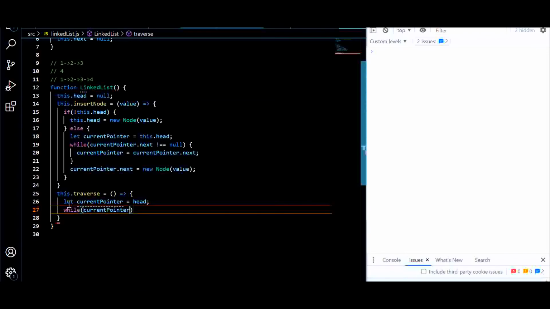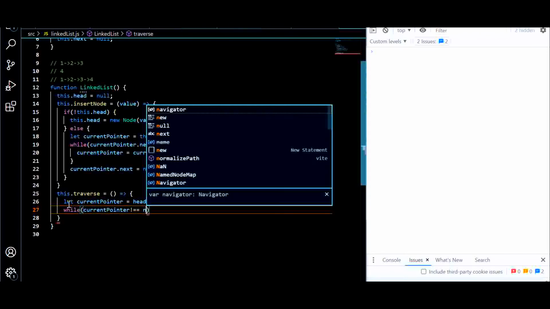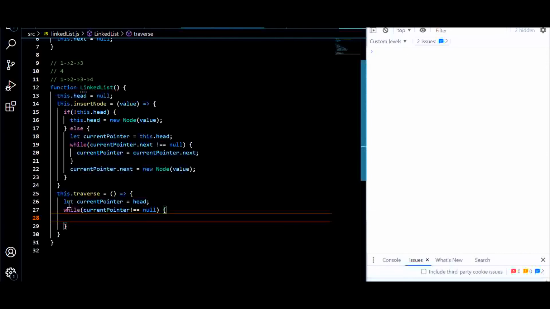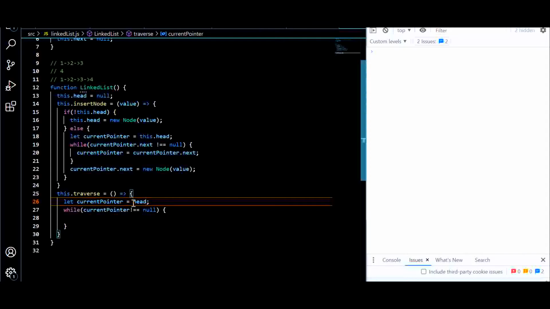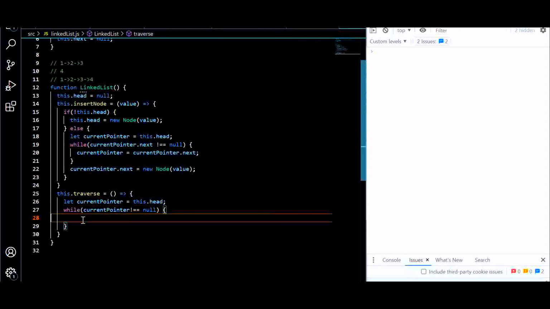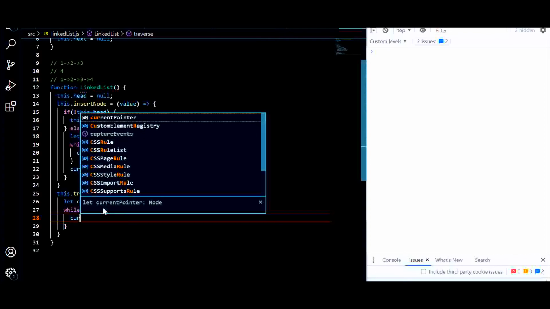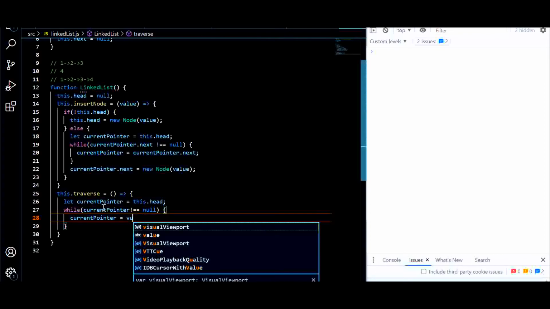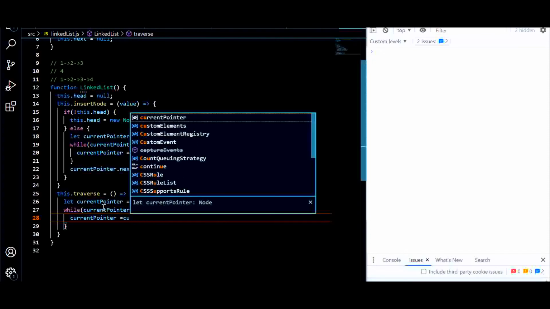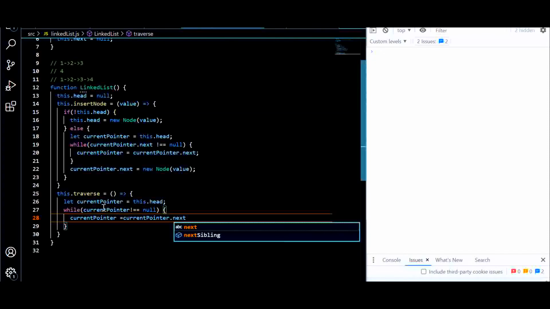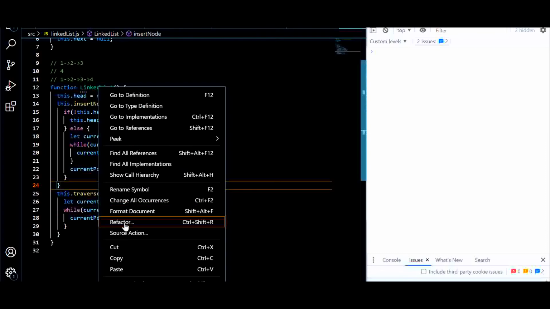So while current pointer does not equal null, that means we have not reached the end of the list. We will keep going further, and we will just say current pointer equals current pointer dot next. We will keep moving forward in the list,